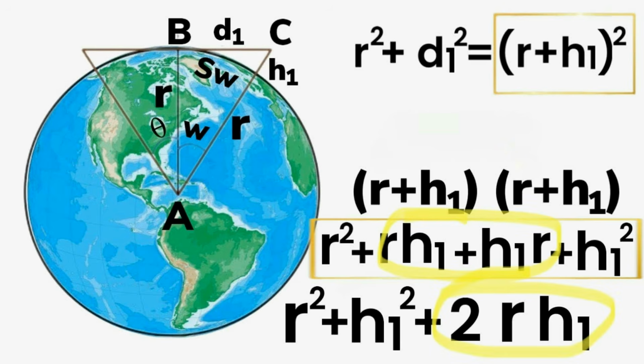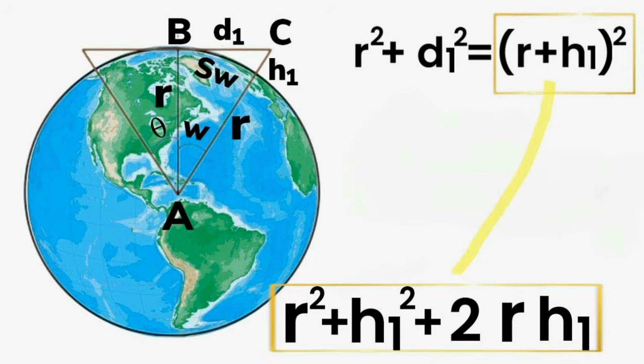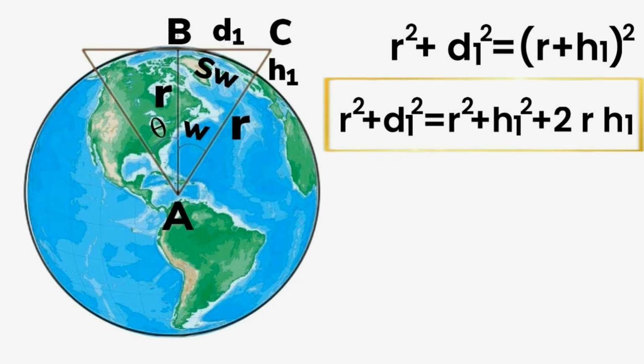Are you following me, baby? I'm following you, Daddy. Keep going. So r plus h1 the whole squared can be written out as r squared plus h1 squared plus 2 times r h1. Now that we have our formula properly written out,